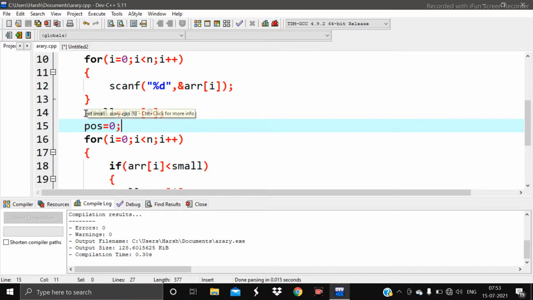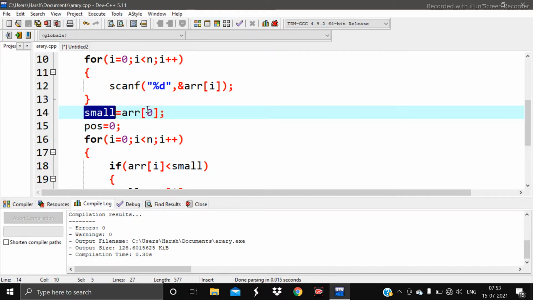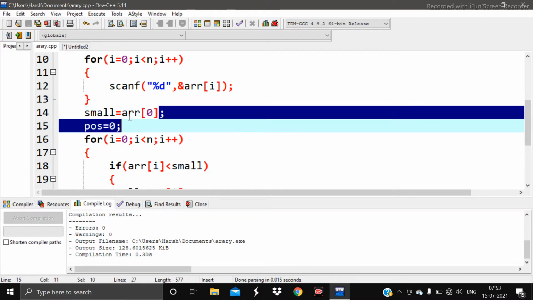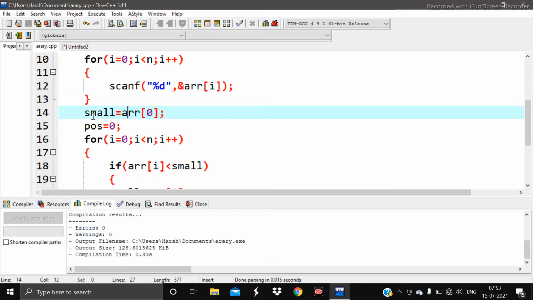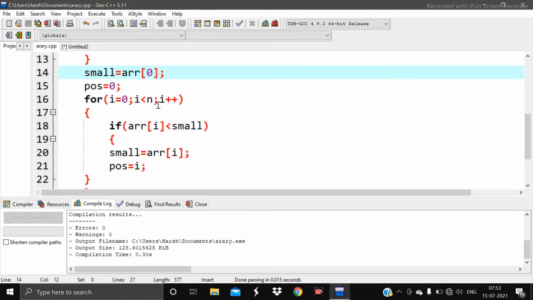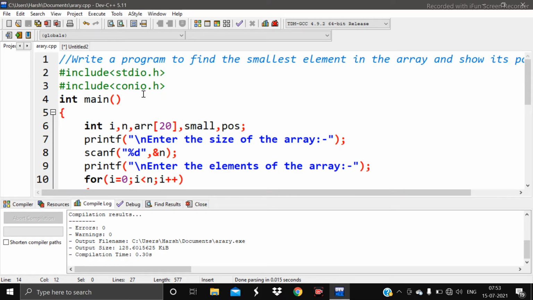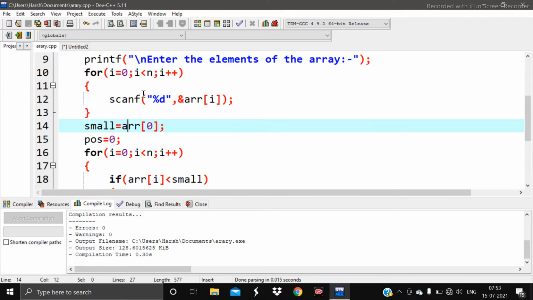So it must be small is equal to arr[0], so that the value of arr[0] will be assigned to small. But the mistake I wrote was arr[0] is equal to small, which is wrong. So I have written small is equal to arr[0], and the rest of the code is the same as earlier.